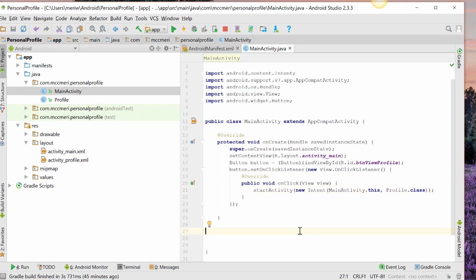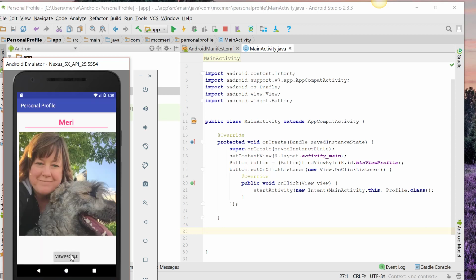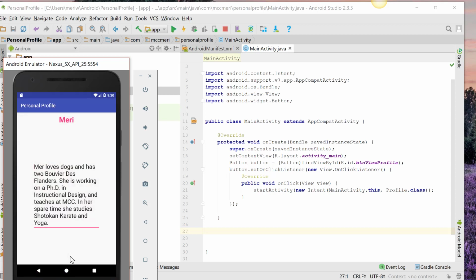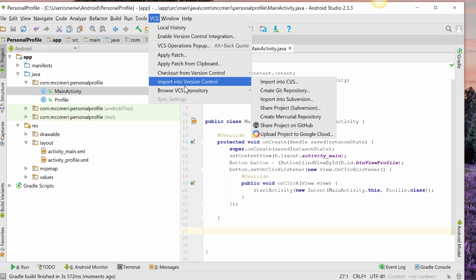And if I've done this all correctly, I should be able to save and test. And view my profile. And that's all we're doing for this app. So you want to make sure that everything is saved. Take a Jing video of your working program here, and then make sure that you use the version control system to